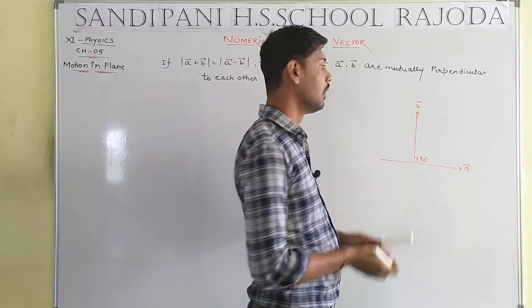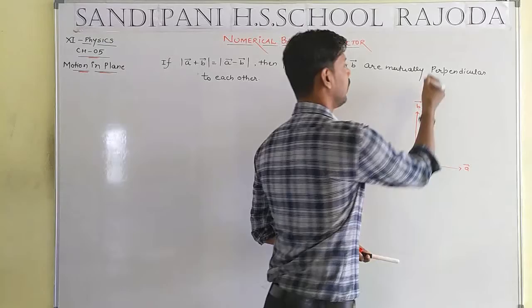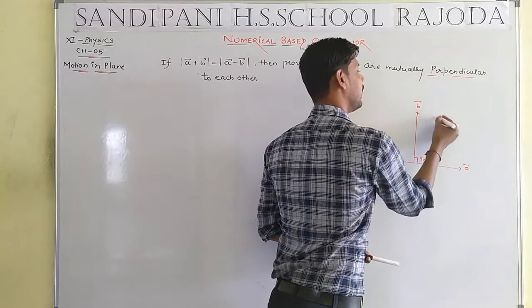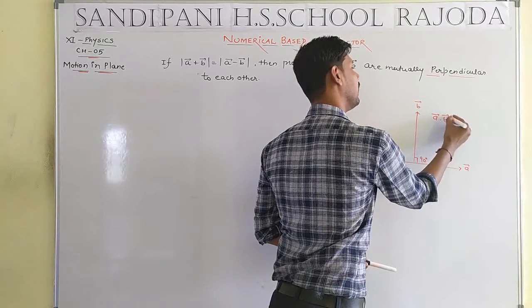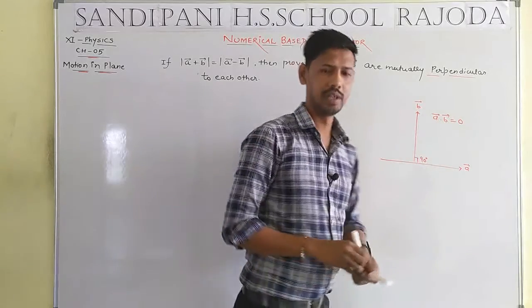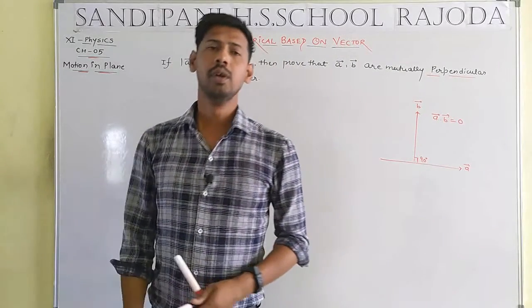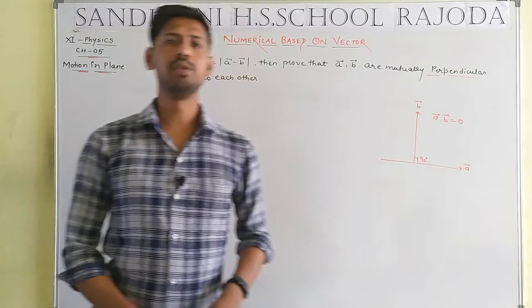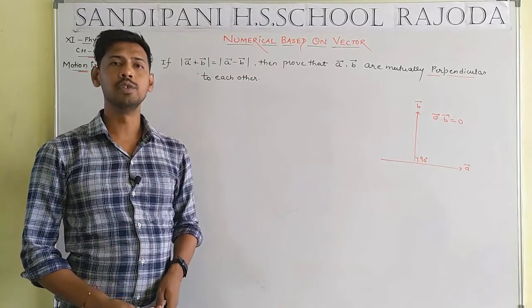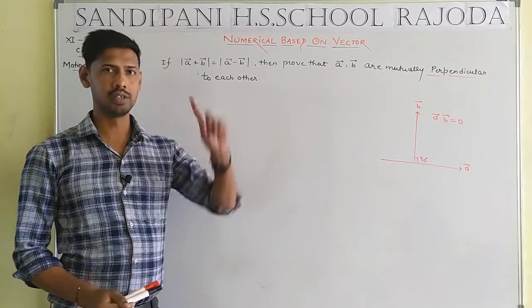आप ऐसा बोलेंगे और मैं कहीं ना कहीं यहाँ पर ये बोलूँगा condition of perpendicular, that means A dot B will be equal of 0. याद रहेगा, अगर जो मैंने प्रूव कर दिया vector A dot B equal to 0, that means A and B are mutually perpendicular to each other. That is a first method.